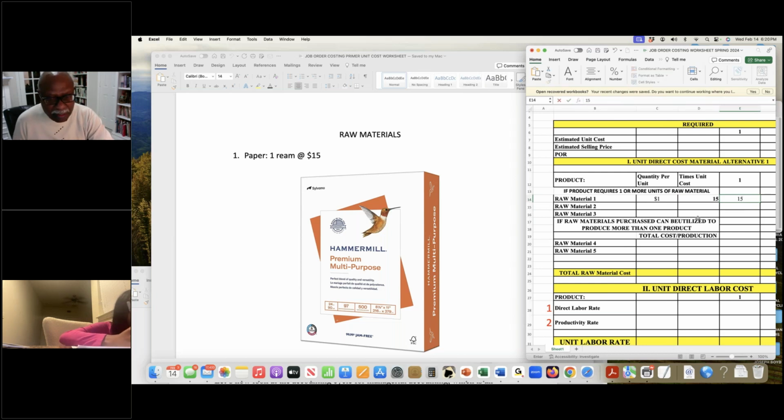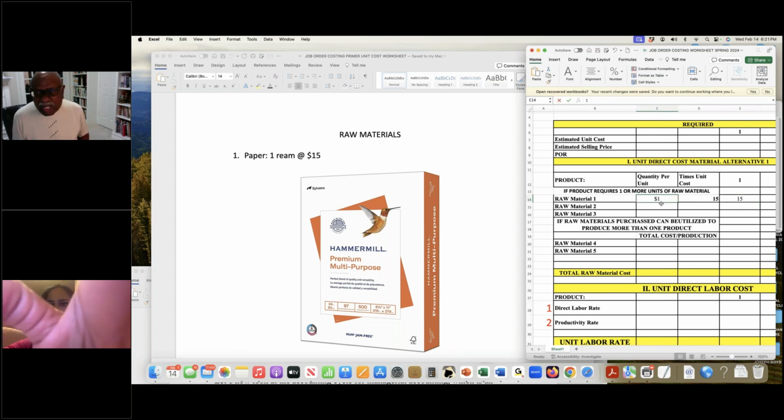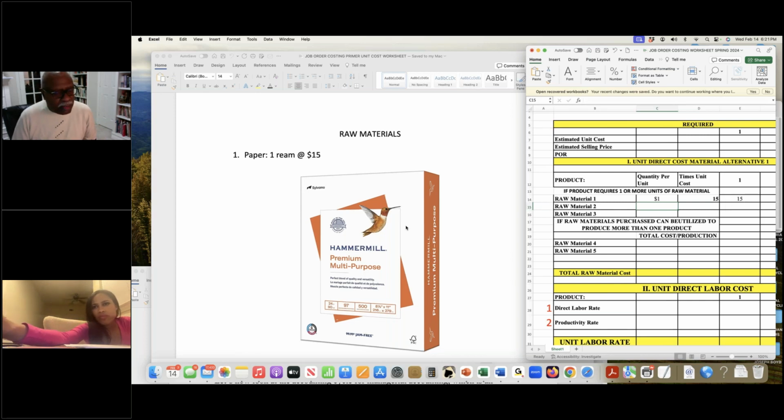Are there any questions? If it was 2, it's just putting dollars in here for some reason. So let's just continue to put that 1 in there. It's going to put that dollar sign in there, but the dollar sign really should be here. If this was 2, though, then our cost would be 30. If it was 3 reams of paper, our cost would be 45. Any questions? Let's move to the next item,